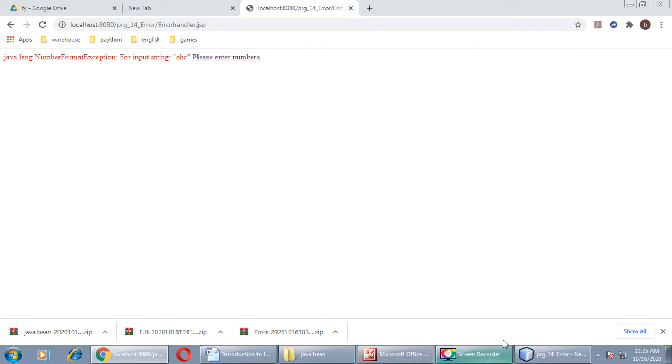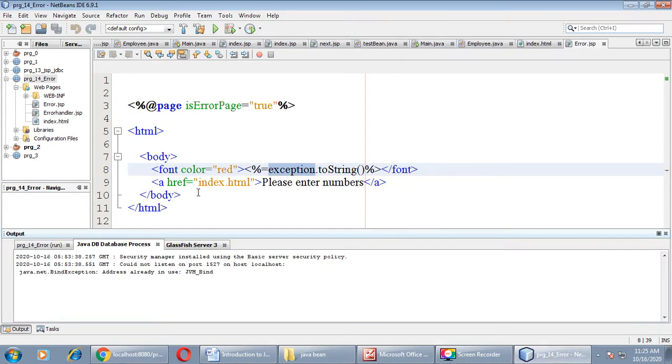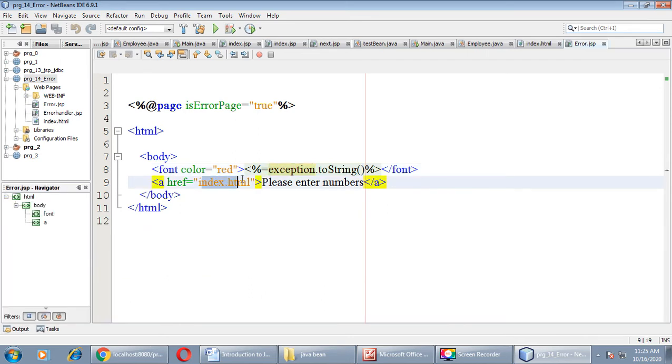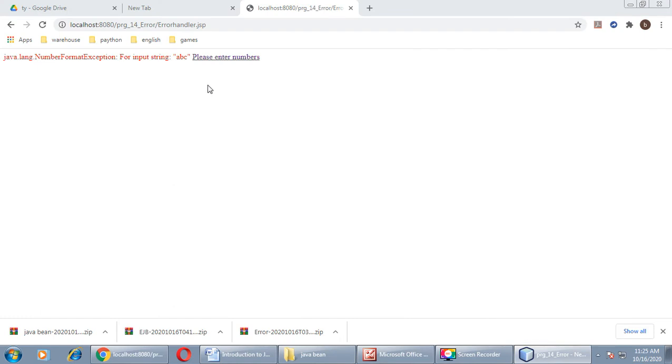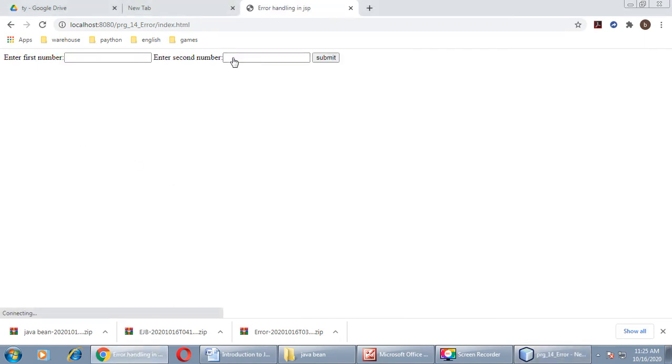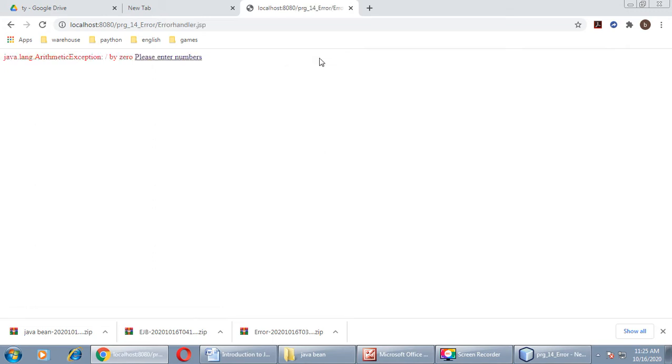And then one more thing we have done is the link to index.html to move back. Okay, click on please enter numbers. Now enter 12 and second number 0 and click on submit. As you can see, the error arises once again, the division by 0 which is not possible, and we are on error.jsp.